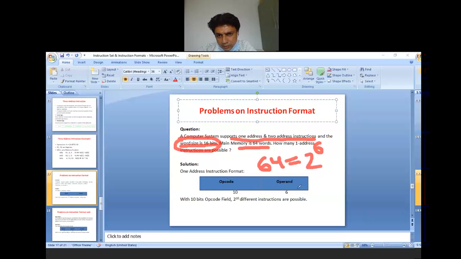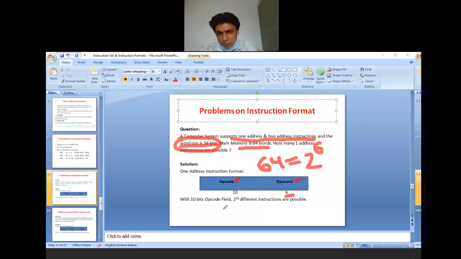The one address instruction format, as we already know, consists of the operand and the opcode. As the main memory size is 64 words, it needs 2 to the power 6, so the operand will consist of six bits.